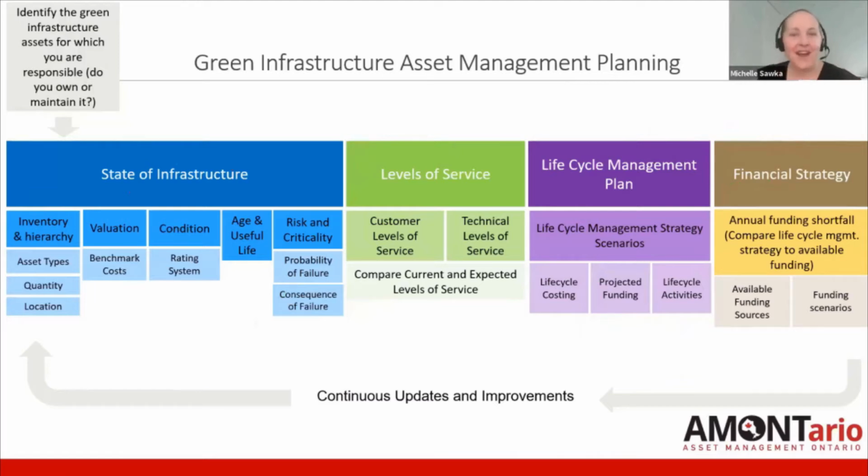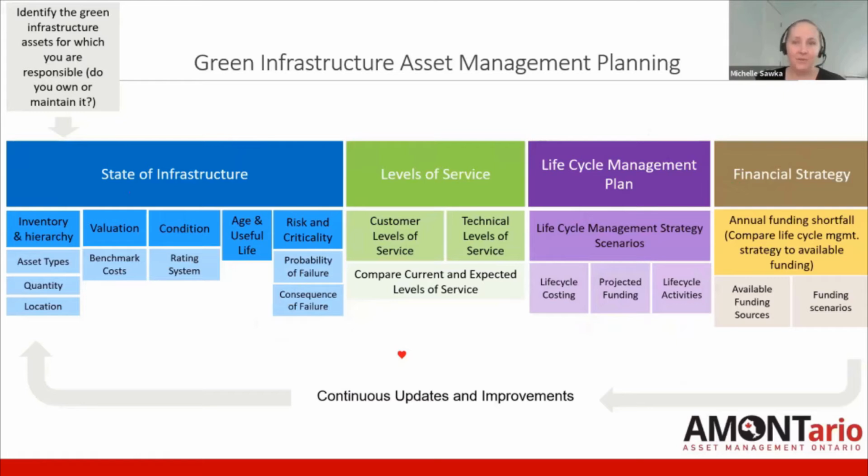Okay, so this slide is a graphic overview of the 4 stages and various components of green infrastructure asset management planning. So at the top there in gray, we have that very first step, identifying what green infrastructure you are responsible for, which we talked about on the last slide, and then you work through these stages,